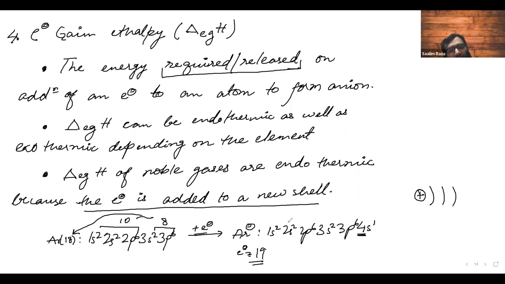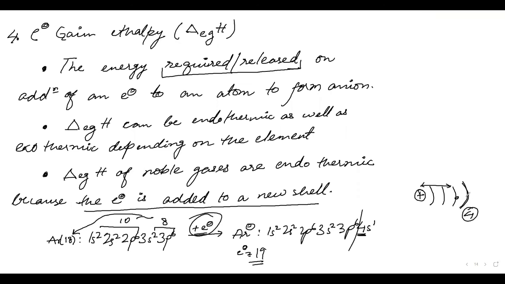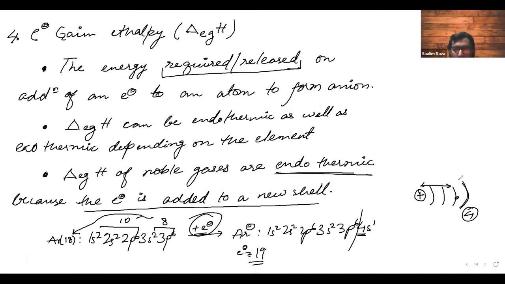If we added an electron in chlorine, it would have been in what? In the third shell only, because 3p would be 5. Now it is 3p6. So it will be facing an attraction. But if you want to create a new shell, argon does not even have a fourth shell until here. The only reason to create a new shell will be for this tiny electron, that too far away in the fourth shell. That is why we have to give so much energy to create the new shell, where the new electron can be accommodated.